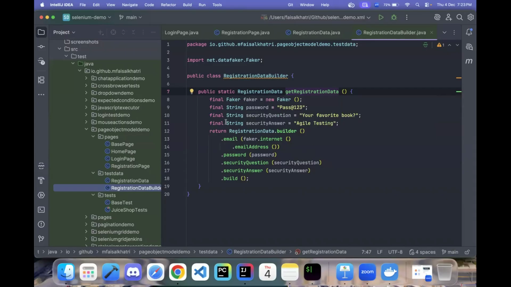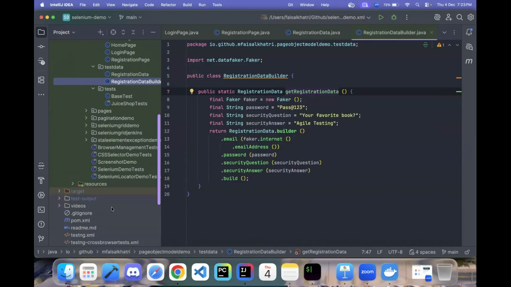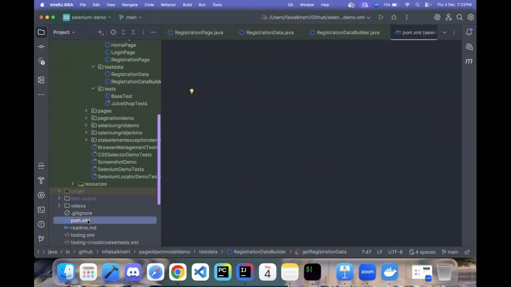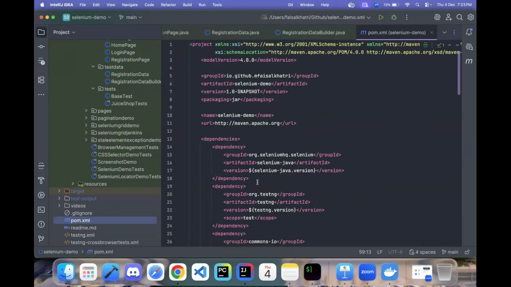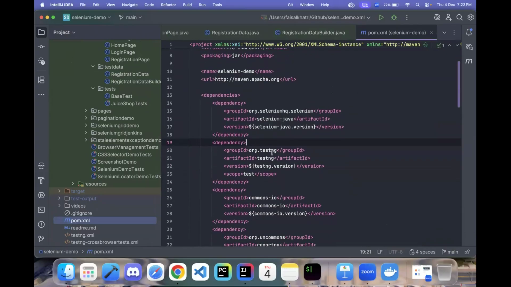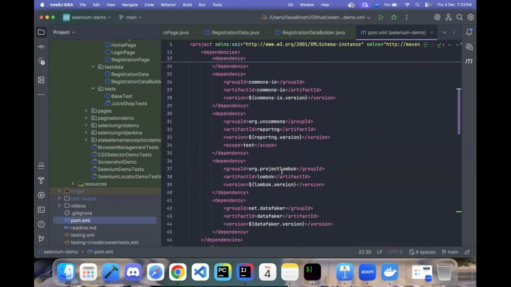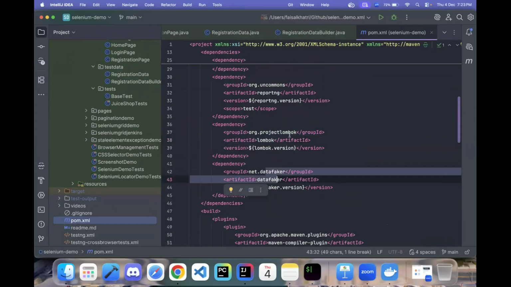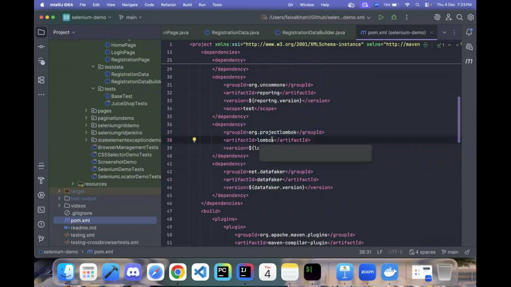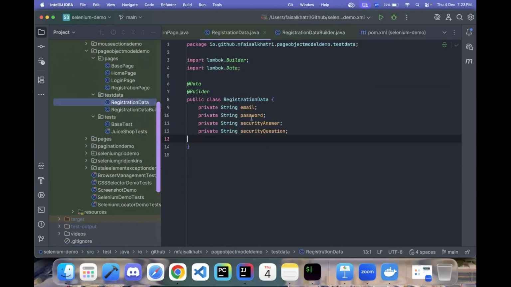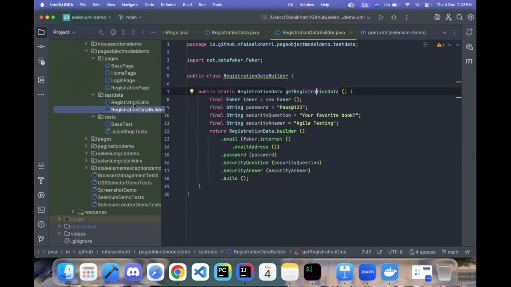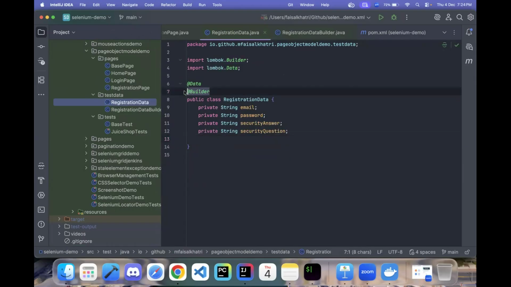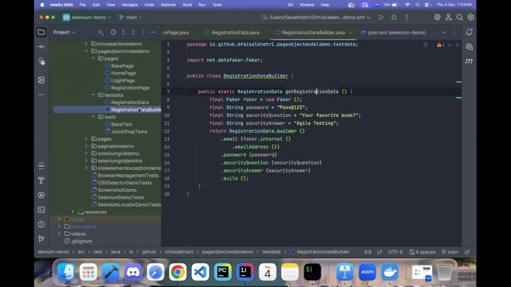faker library. So I'll quickly show you the POM.xml, as it is important for you to know how the implementation is going on. We have different dependencies available in the POM.xml. The first one is Selenium Java, then TestNG, and we also have Project Lombok and Data Faker. Lombok is used for the @Data and @Builder annotations, which we saw in the registration data class. Using both of these, the builder and data annotations,